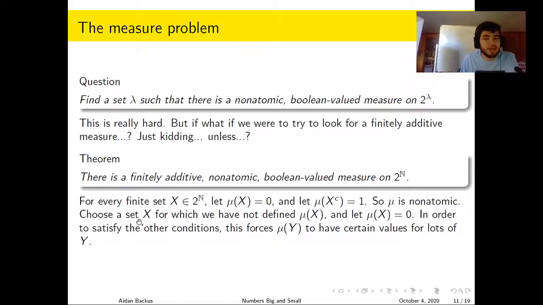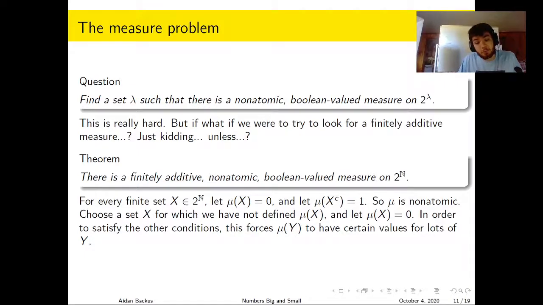And so let's just choose any set x that we haven't assigned a measure to yet, and say, okay, this set we just arbitrarily chose to have measure 0. Now there are a bunch of criteria here: finitely additive, non-atomic, Boolean valued. And so in the act of setting that set to have measure 0, we inadvertently force a bunch of other sets to have various measures. For example, the complement of x now has measure 1. The union of x with any finite set now has measure 0. The union of x with any set which had measure 1 now has measure 1, and so on. So by assigning mu of x equals 0, we assign a bunch of other sets measures as well.